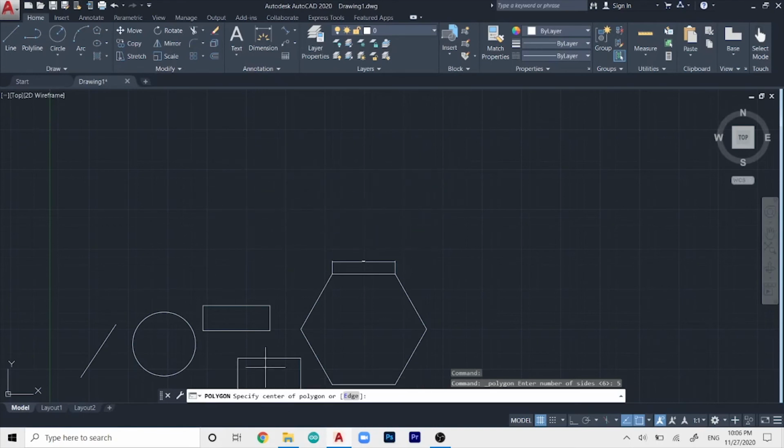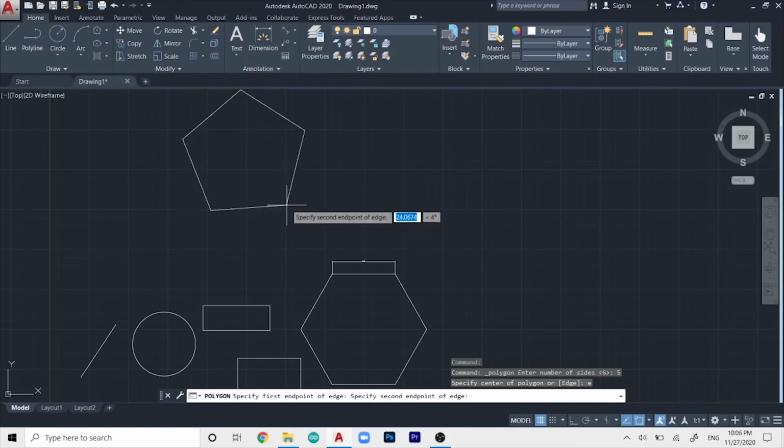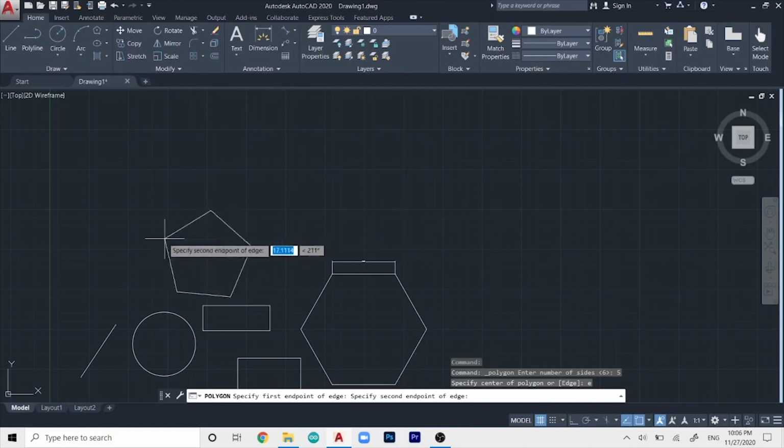On the command line, as you can see here, the edge option is enabled right now, and if we press E or click on the edge option, it will enable it. So let me type E on the command line and then press enter, and now I will select a starting point first, so let's say over here, and then I can easily produce a pentagon of my desired side length.